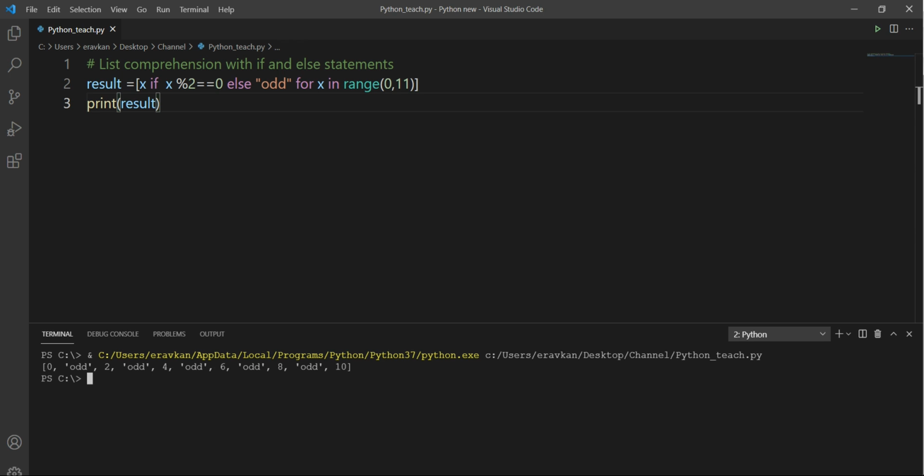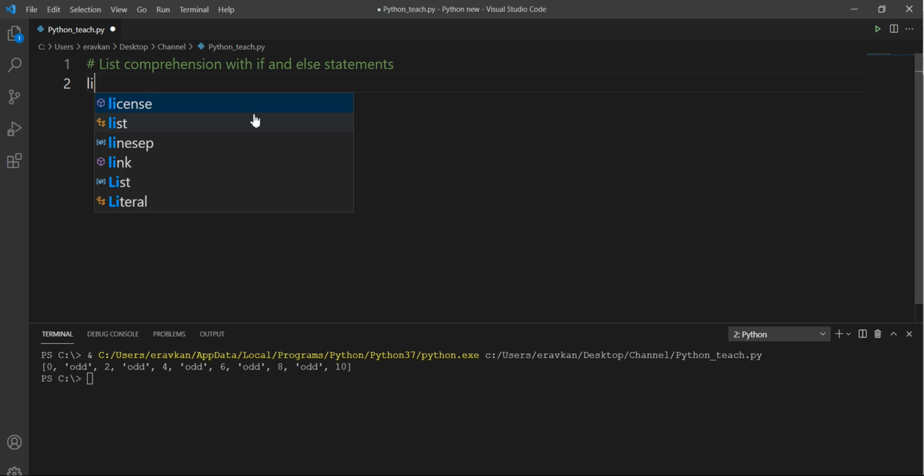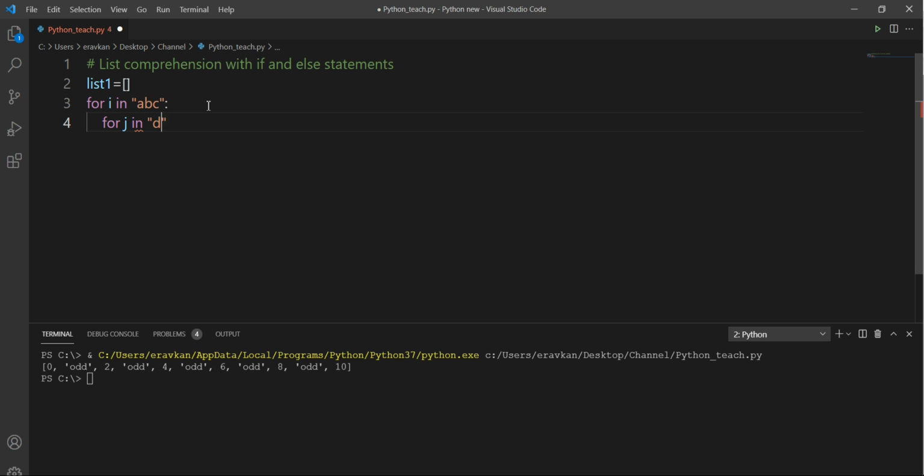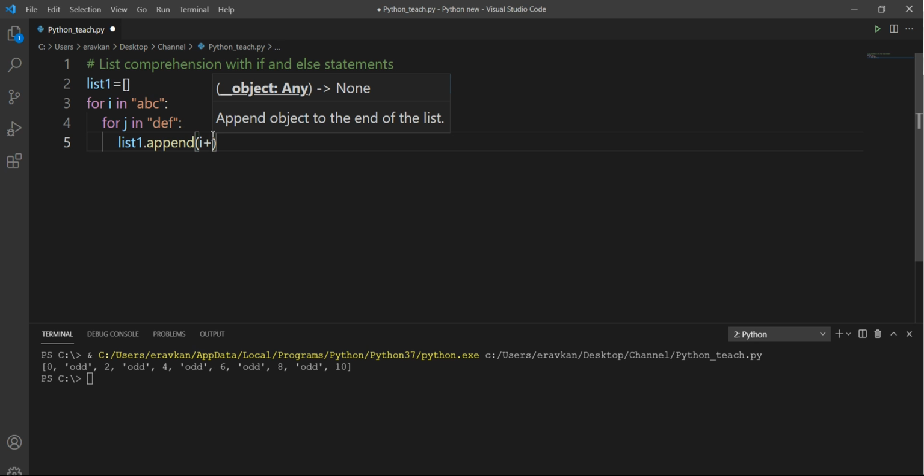We can have nested for loops as well in our dictionaries, sorry, in our list. Let me take an example. In your nested list, suppose you have an empty list here. So I'm doing it first without list comprehension, then I will perform the same operation by list comprehension. Okay, in list1 I am appending i plus j,